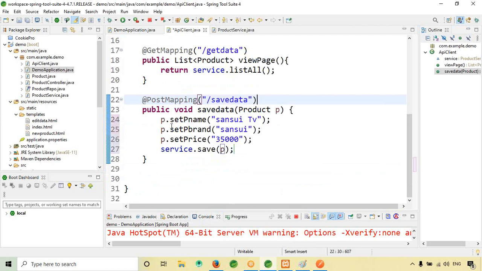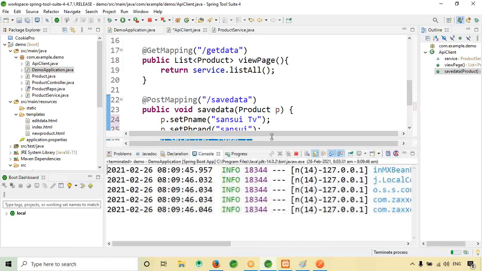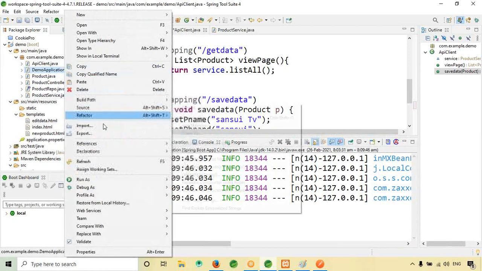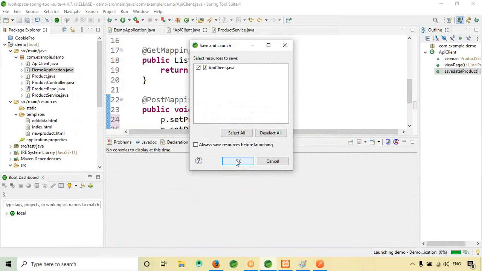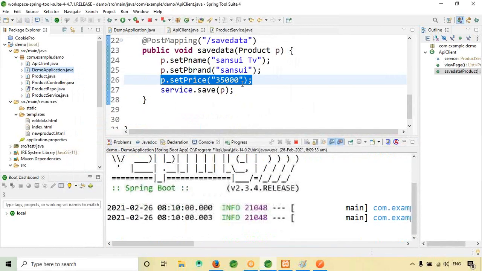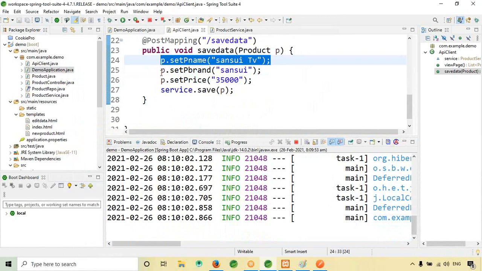So what I'm doing is I'm just setting the data like this and checking whether it is really inserting or not. So for that, let me stop and let me run. See, guys, I'm setting the data.